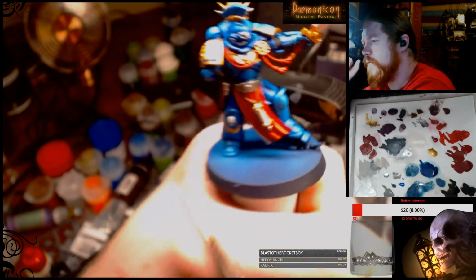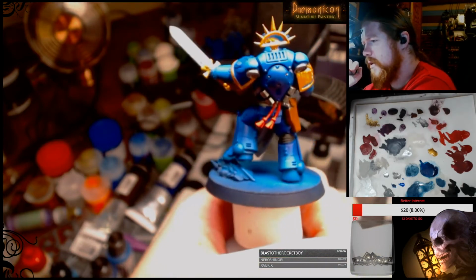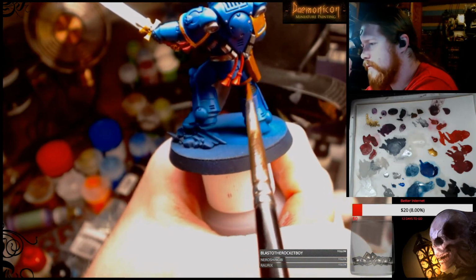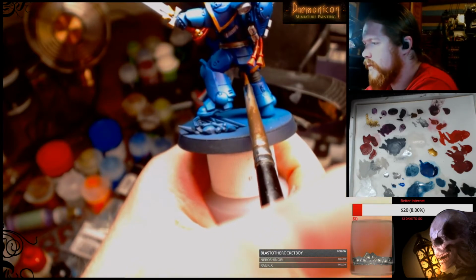There we go. I think he's pretty close to being done. The only thing missing is that plume, but... Oh, and it is. Okay, I didn't notice this. He actually has a strapped-on pistol holster rather than one that's built into his armor. It's literally strapped on, so...